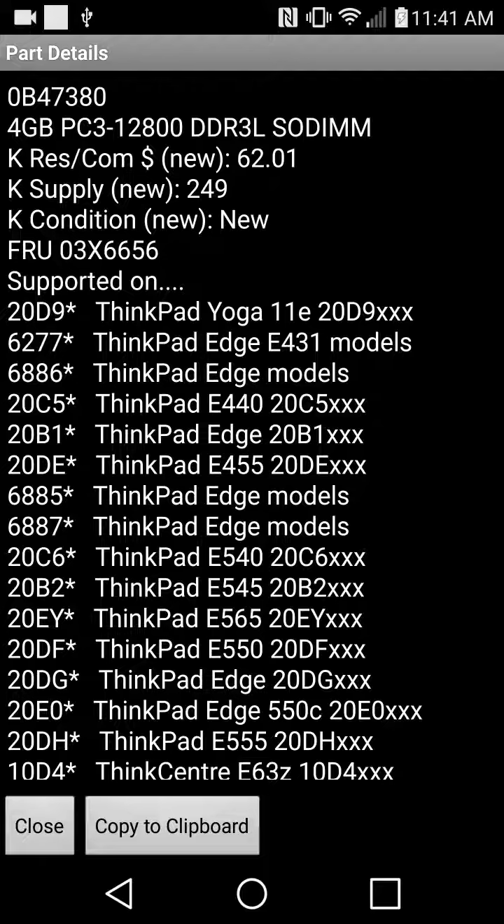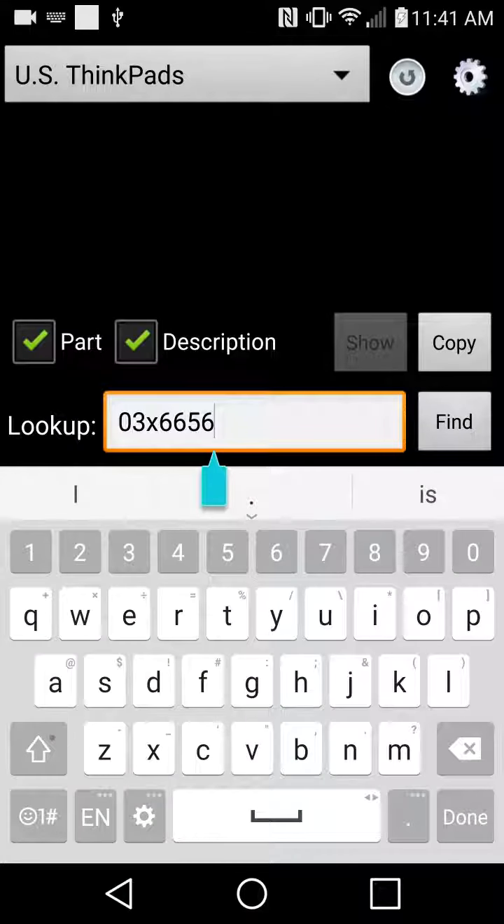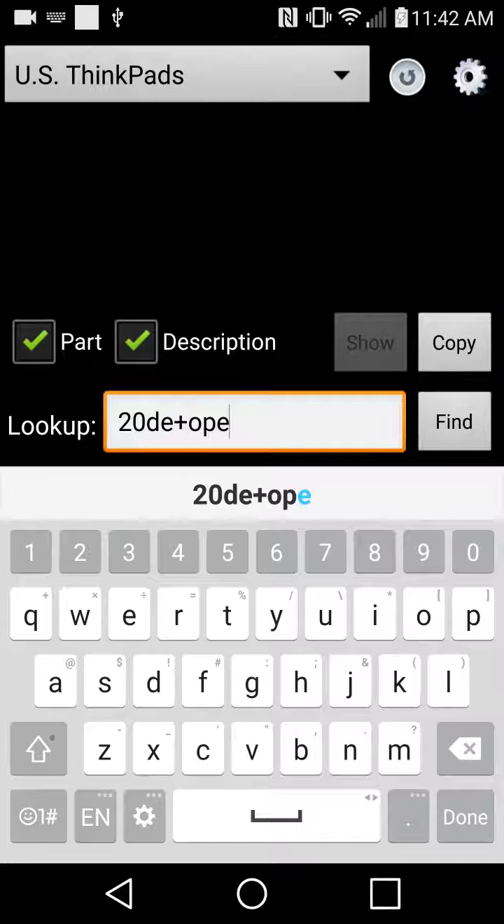Supposing the customer says, well, these E455s in the middle here, I think I've got some of those, but how am I supposed to find out whether they have an open memory socket? Ah, well, we thought about that too. 20DE E455. So let's change to US ThinkPads. 20DE plus open dash yes. I went through the database a couple of years ago, and every instance where I described memory